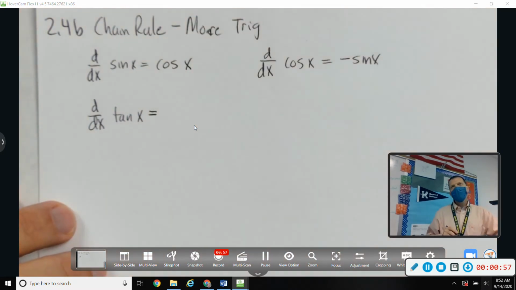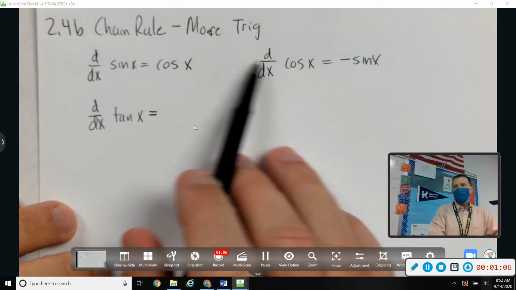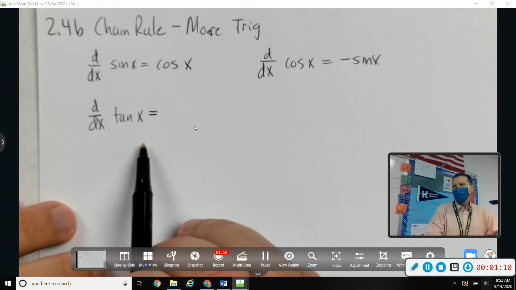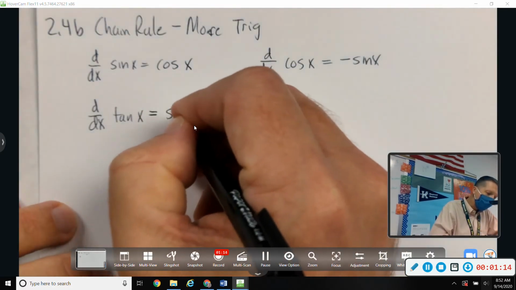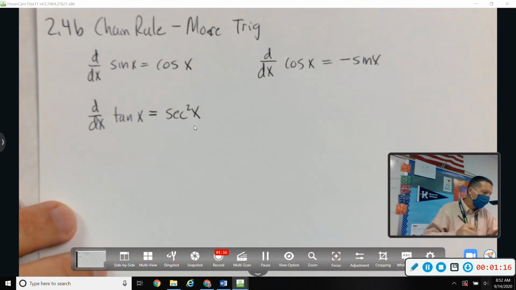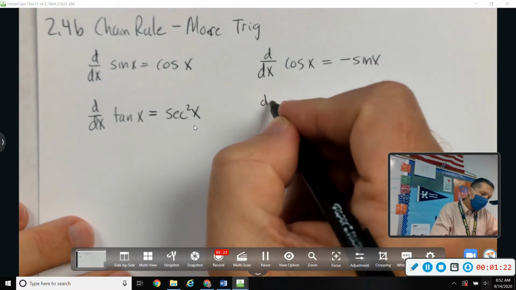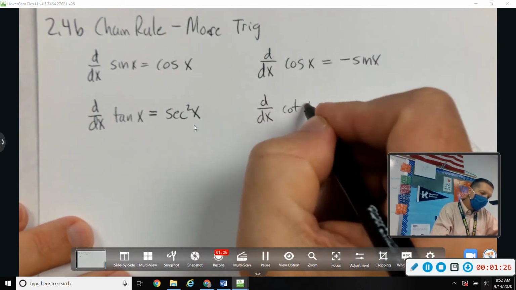And these are going to be, you just have to know these. You can derive some of them. In fact, you can derive them all from the first two, but you don't want to spend time rewriting tangent as sine over cosine and then using the quotient rule. That's going to take forever. You want to just have memorized that the derivative of tangent is secant squared of x. And the derivative of cotangent